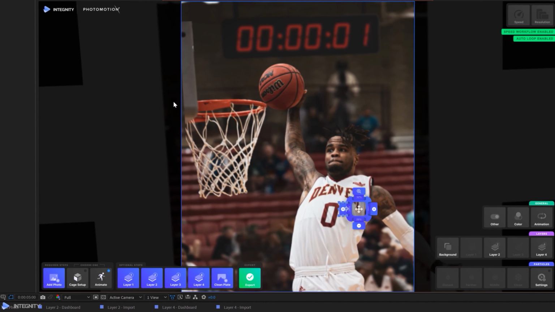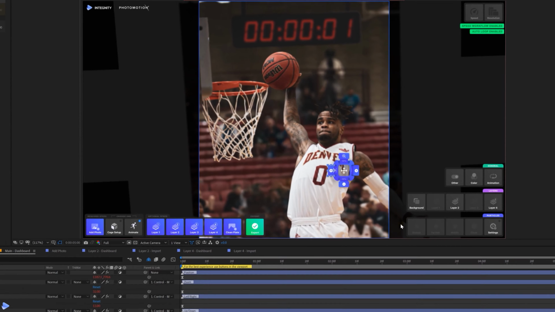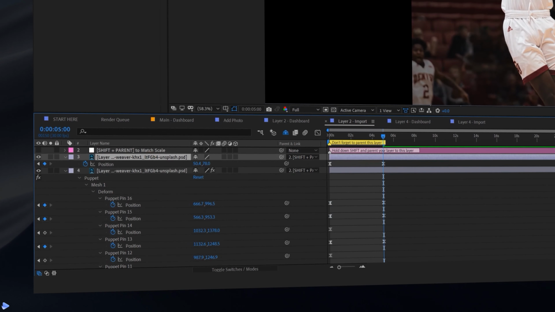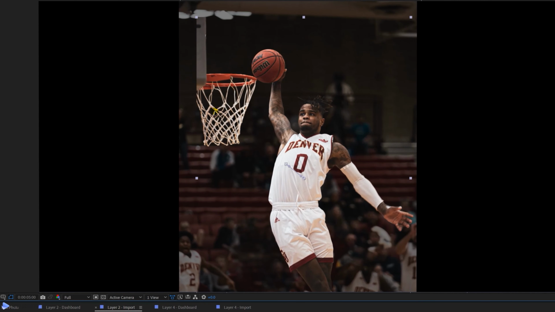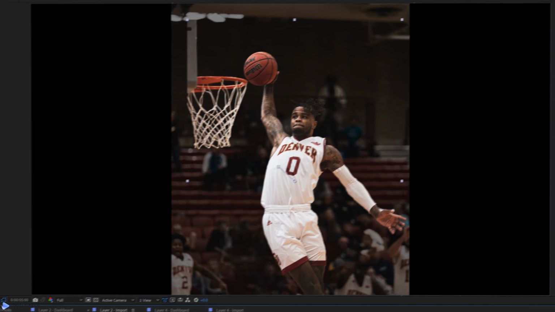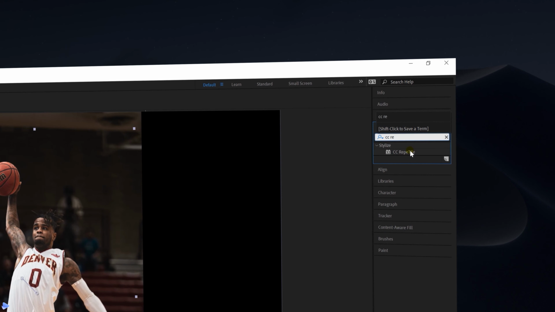One of which is that our hoop isn't actually positioned correctly, but the other one being that the top of the hoop itself is actually cut out. We can fix that of course by going back to the layer that we were just in, and we spotted this problem while our playhead was at the very end of our animation to just make sure it's in the exact same position as it was in the main dashboard. Then we're going to change the positioning of the actual hoop so it fits within our main animation, and then we're going to get fixing this cutoff at the very top of the hoop here by just applying a repeat tile effect from the effects and presets tab.